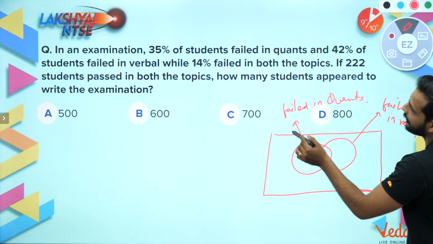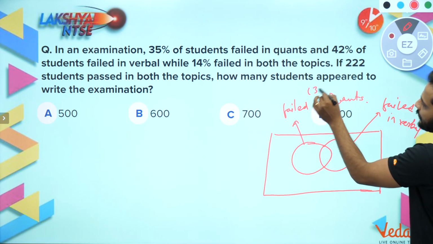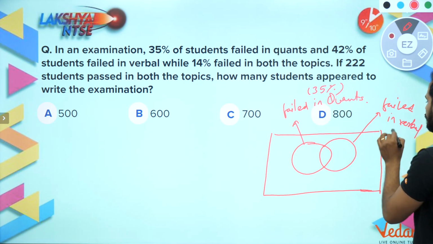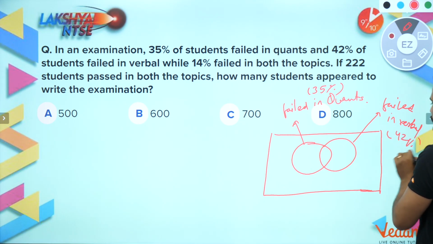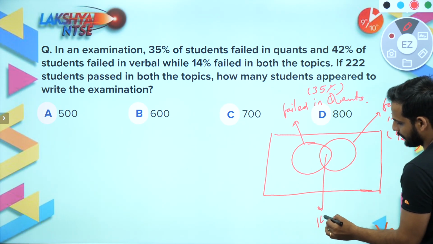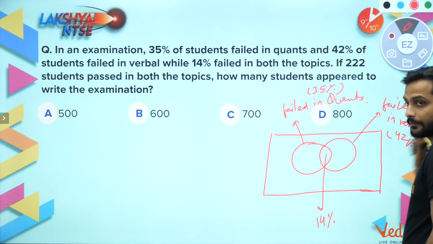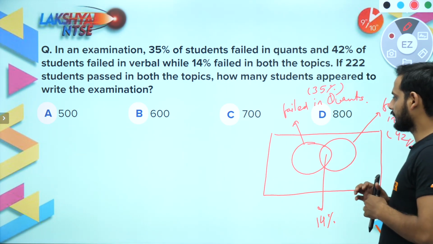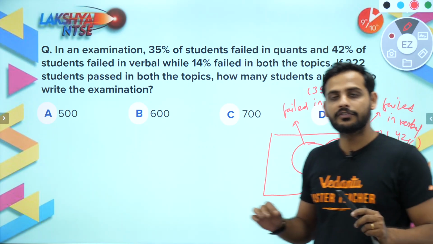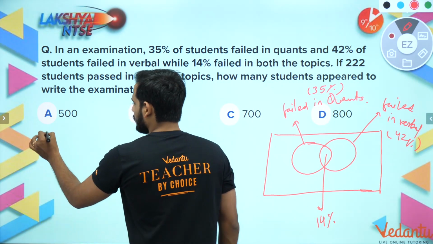Okay, how many failed in quants? 35%. How many failed in verbal? Sir, 42%. And how many failed in both? Sir, 14%. Okay, now look carefully. In reality, if I ask how many total percentage of the students failed,